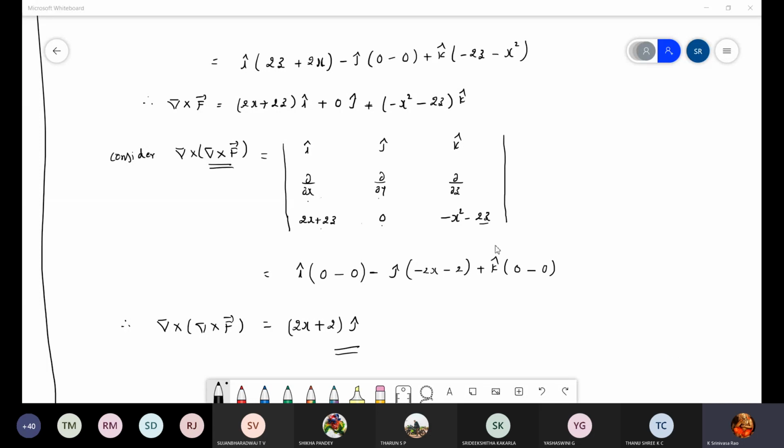The next topic is also a continuation of this, divergence and curl only, but there we will define one new definition, a new concept, but the problems are in the same manner. Okay, did you understand?